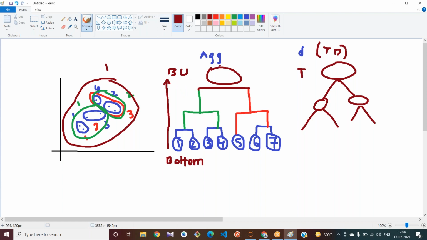Generally, in real time, we use the bottom up approach rather than the top down approach. Why? Because by experimenting with some data sets, we come to know which type of method is suitable, right?